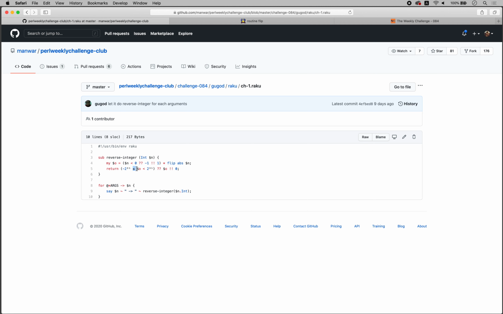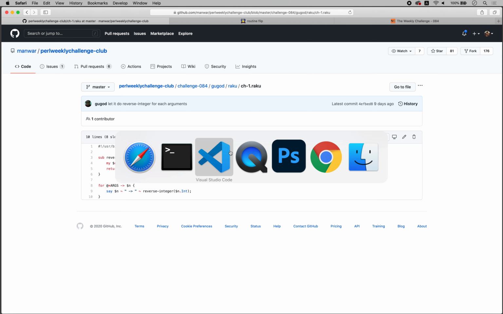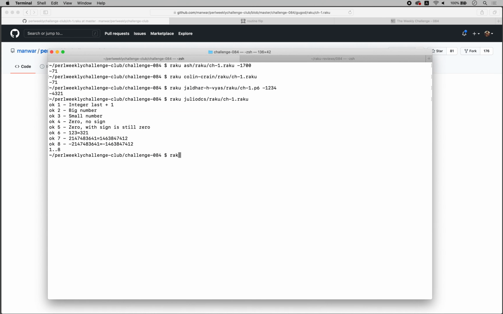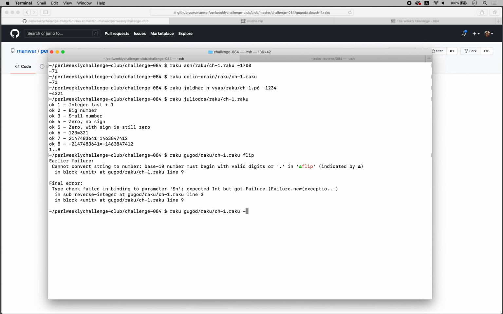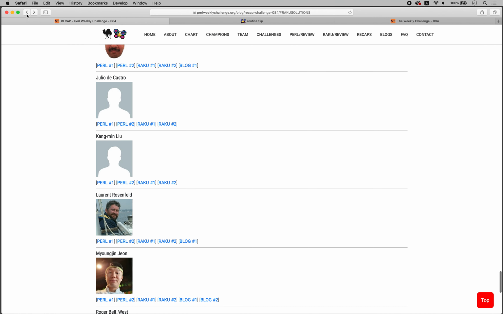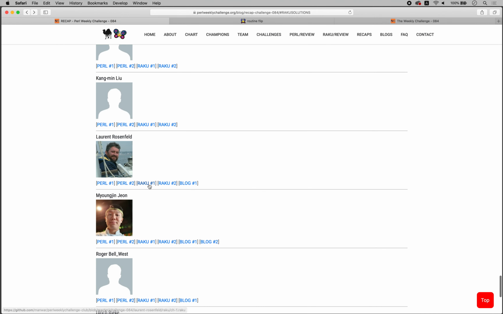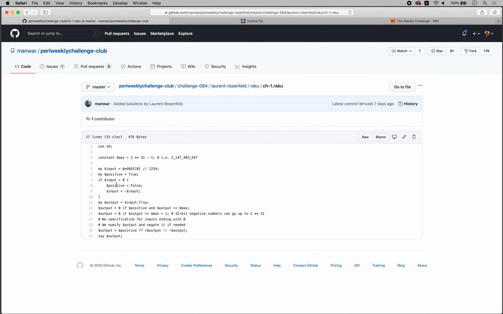And again, we're using both Unicode here and those superscript characters here. Raku Gug, Raku Ch 1, minus, oops, note, minus 1, 2, 3, 4. Yeah, so this number becomes that number. Going next, Laurent Rosenfeld, Raku 1. So here's the